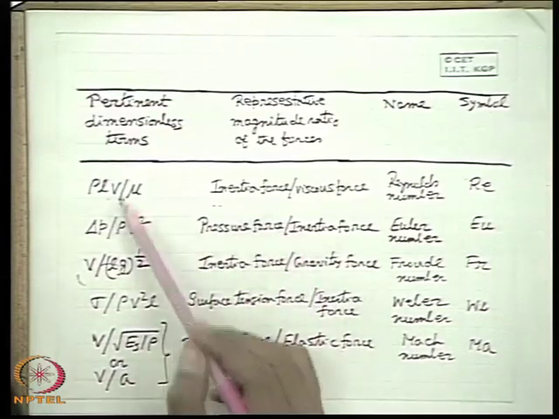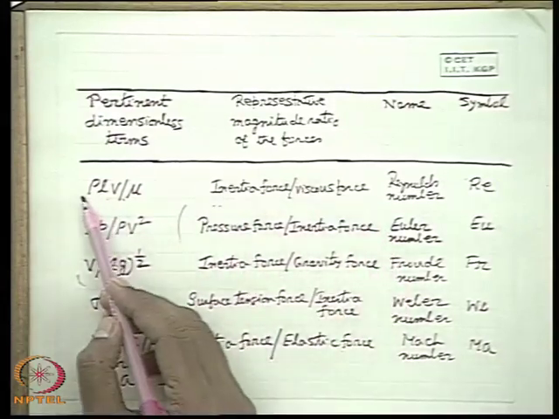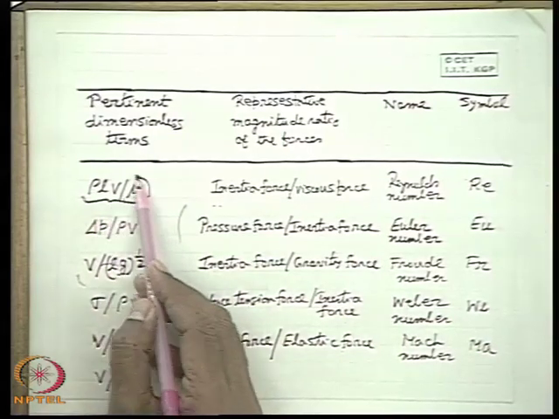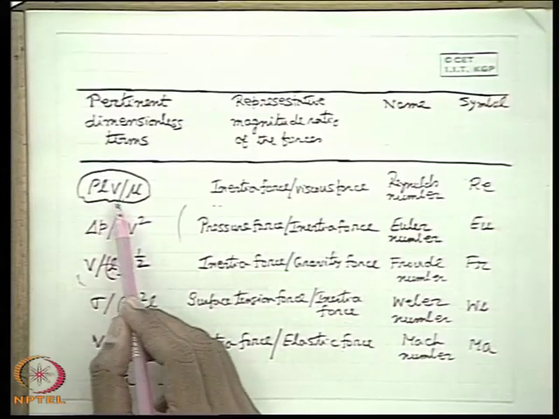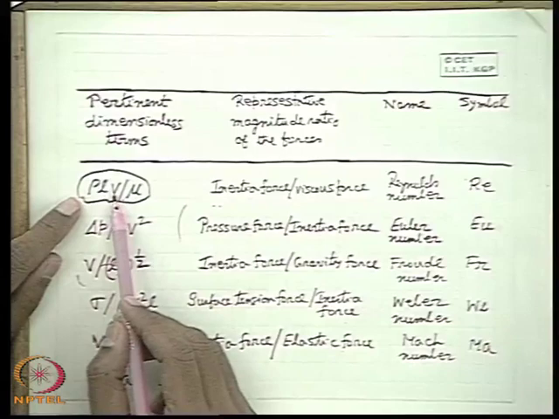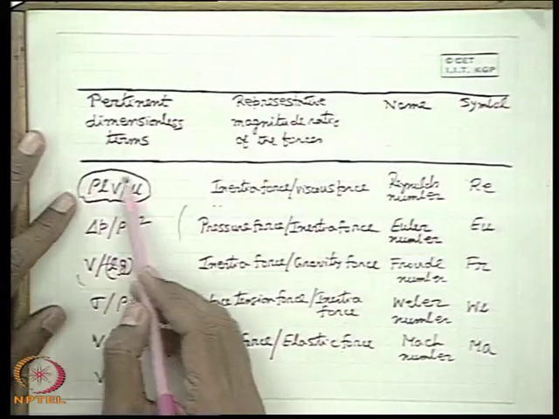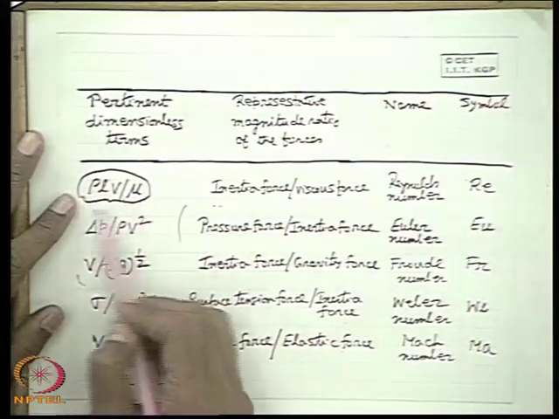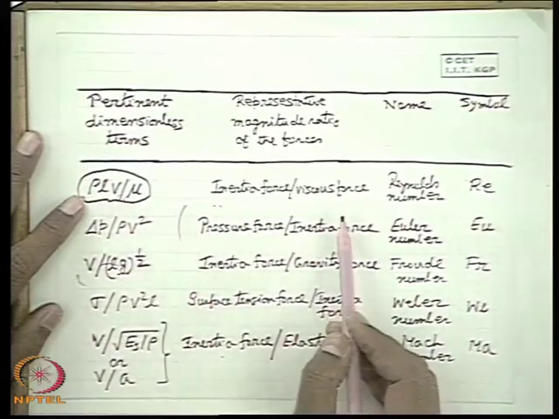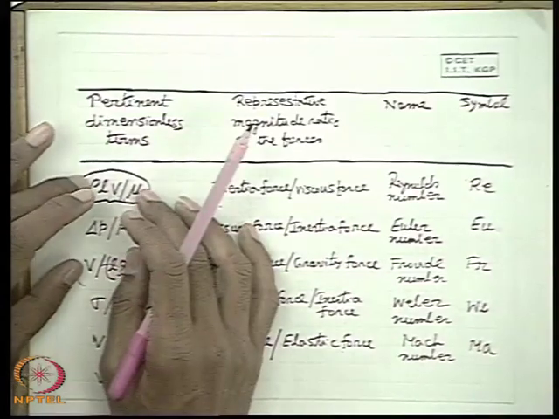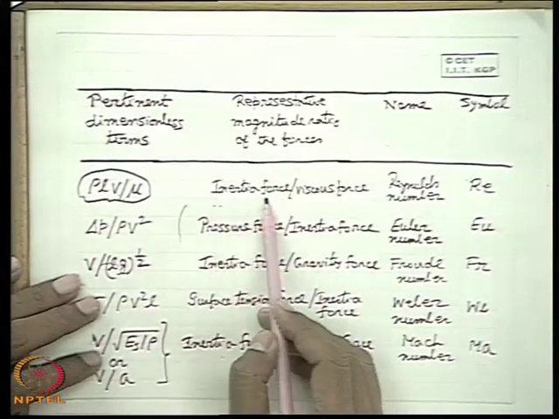This is because all these numbers did not originate first from the principle of similarity. They came just from intuition by doing an experiment. Reynolds first started doing an experiment with pipe flow in the laminar region, seeing how the flow transition takes place from one type to another, that means laminar to turbulent. He first found out the combination as the pertinent governing parameter. So this was named after his name as Reynolds number. Ultimately, from the principle of similarity, it came out that this combination physically signifies inertia force by viscous force.